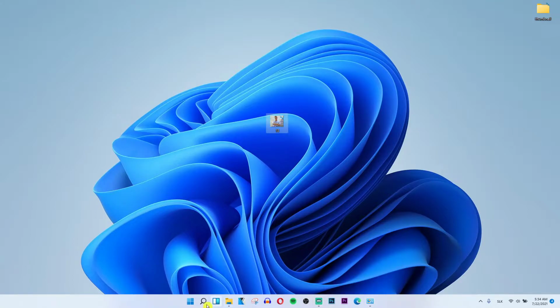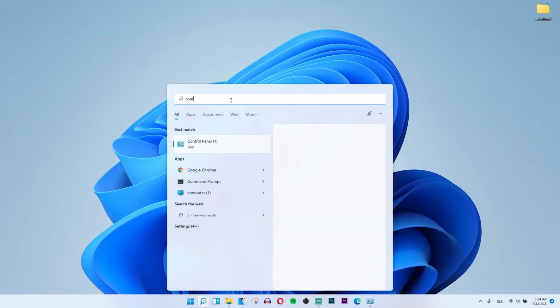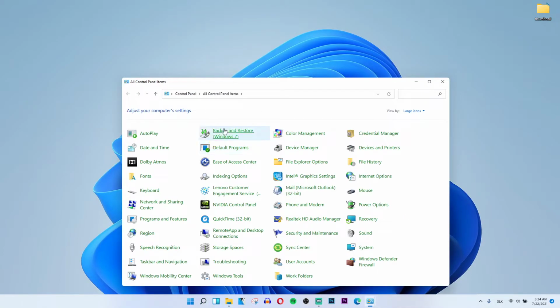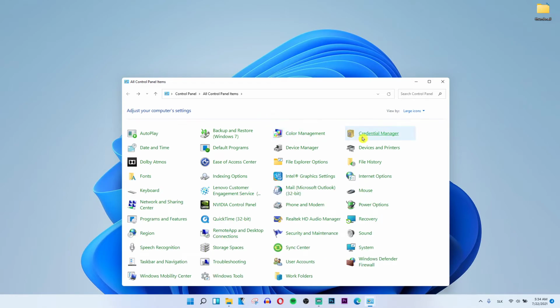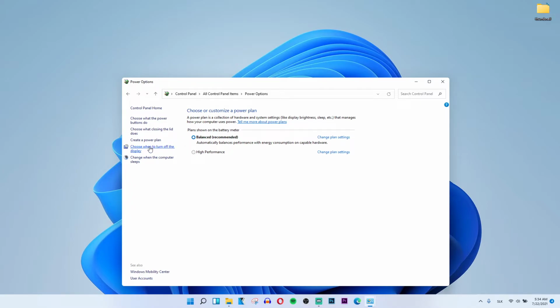Go to the bottom search bar, then in the search box type control panel and open Control Panel. When you're here, click under mouse power options, and then you can have the balanced and recommended setting here. To get here, you need to go view by large icons, Power Options, choose when to turn off the display,